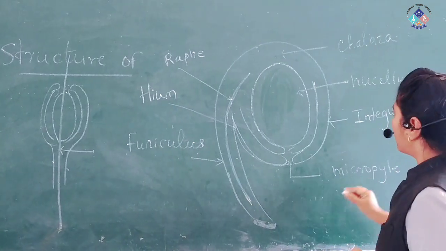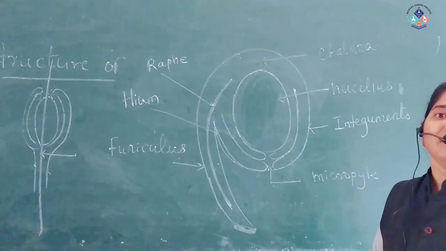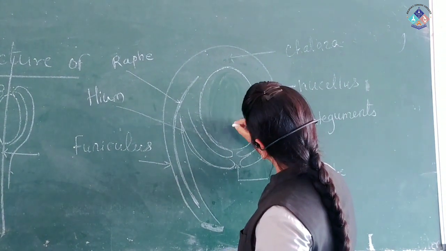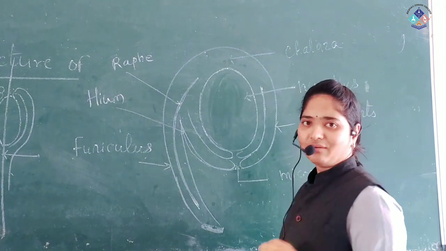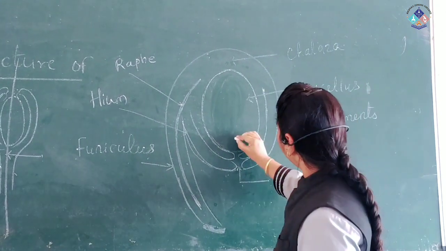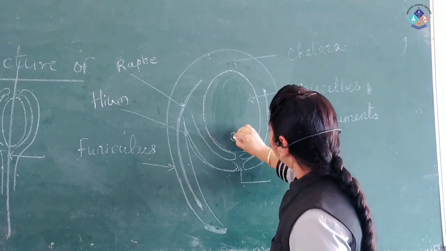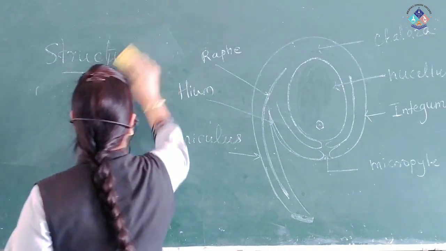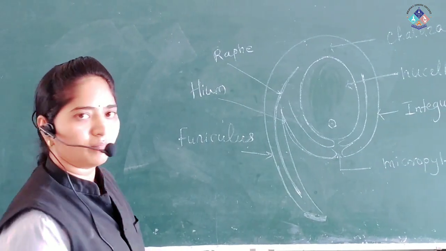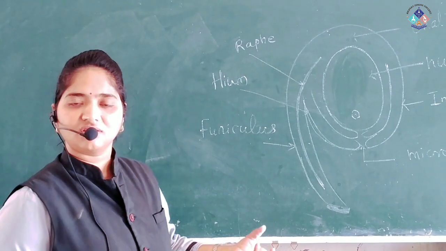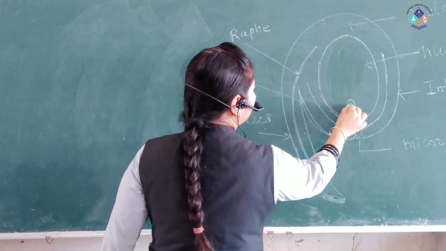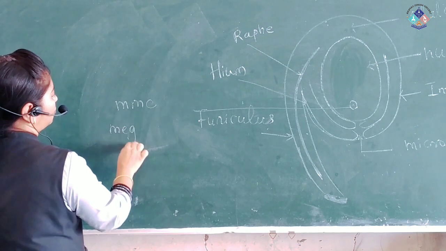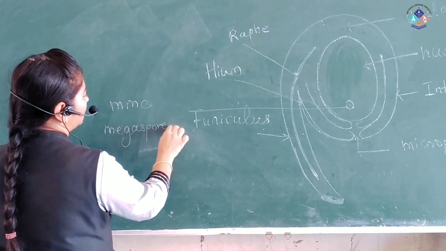Okay. Then, you can see this structure in immature ovule. Then, some cells of nucellus towards the micropylar end become modified and form a megaspore mother cell, which is also called archisporial cell. Okay, so this cell undergoes divisions to form the mature structure, and the mature structure is the embryo sac. Okay, this cell is called MMC, that is megaspore mother cell.